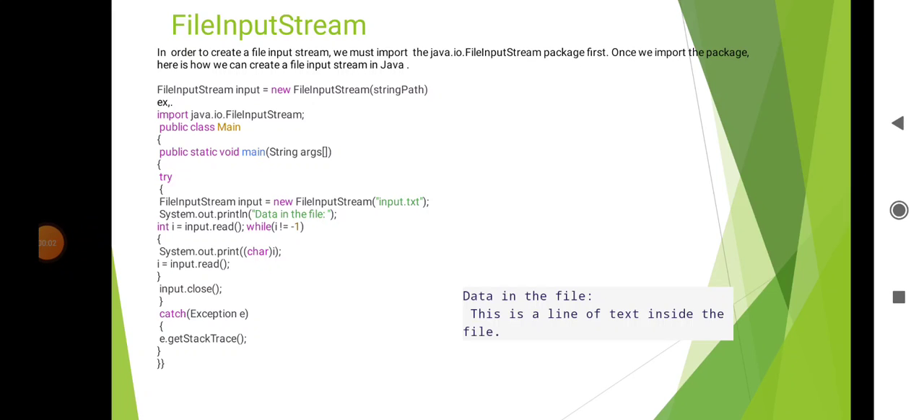Hello students, the next topic is FileInputStream. This stream is used for reading data from files. An object can be created using the keyword new, and there are several types of constructors available. In order to create the FileInputStream, we must import the